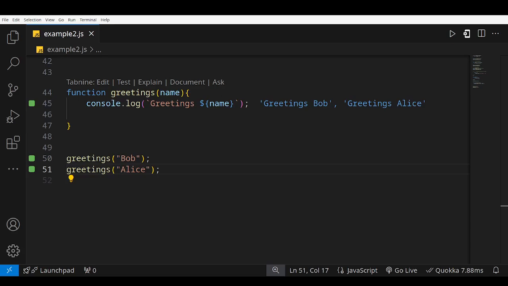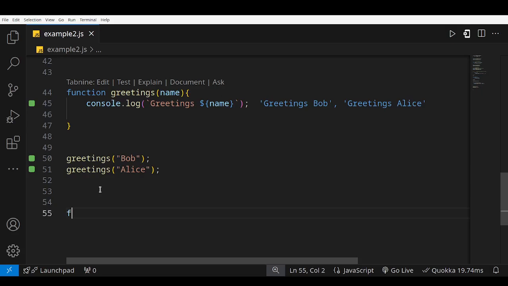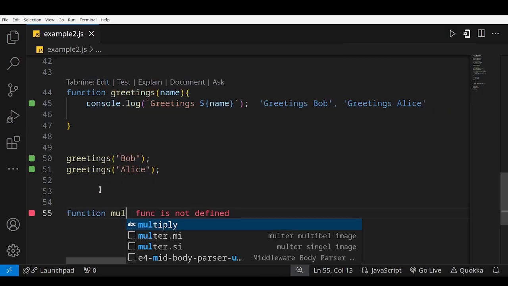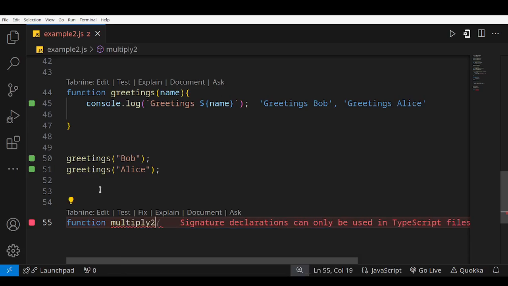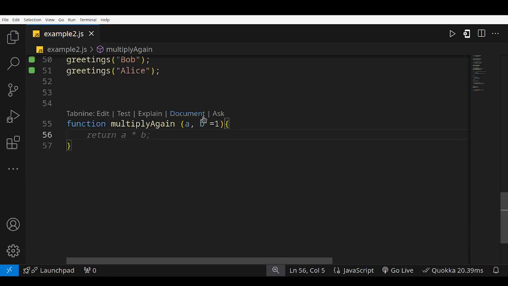Now we also have what we call default parameters. In this function, for example, let me say function multiply, let's say multiply again. Here we can take two parameters, and for b we define it as 1, and we just return that. Now a is a parameter, but b is already a defined number. So it already has a default value, such that if we